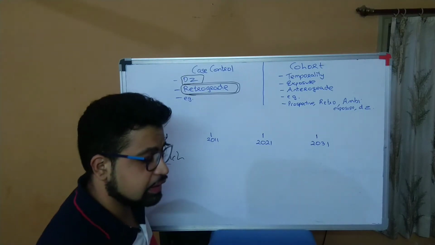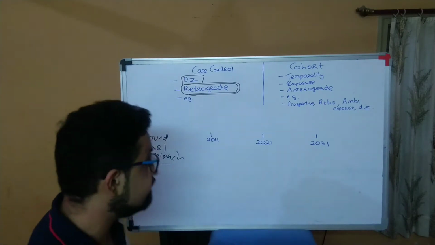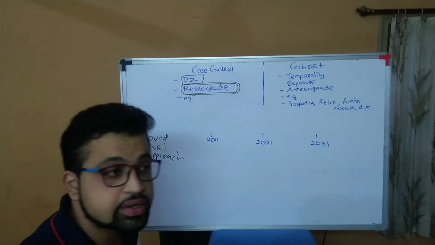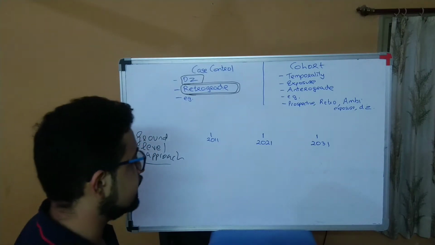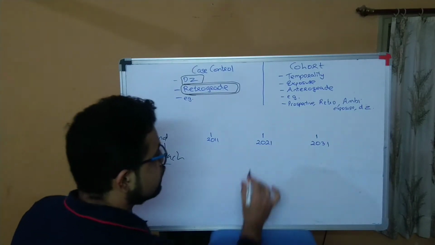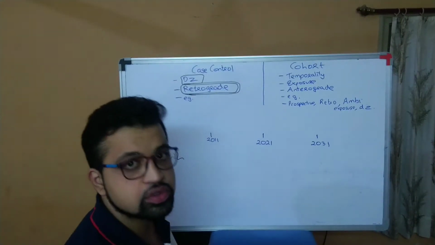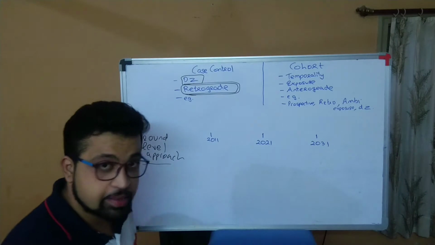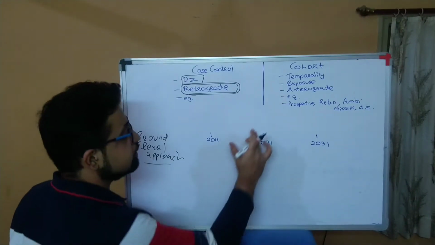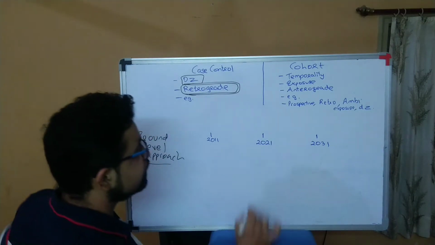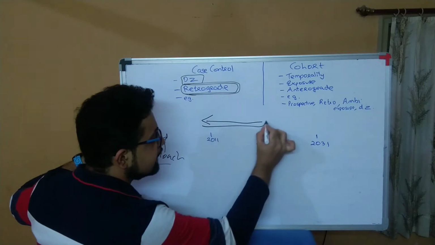You will select 100 lung cancer patients. You will select the subjects who are already having the disease. You are going to call 100 lung cancer patients and 100 controls who do not have lung cancer, for comparison. You will be calling them in 2021, right now in the OPD, and giving them forms. This is the practical approach. You will ask them to fill up details going in this direction. This is the main idea of case control.